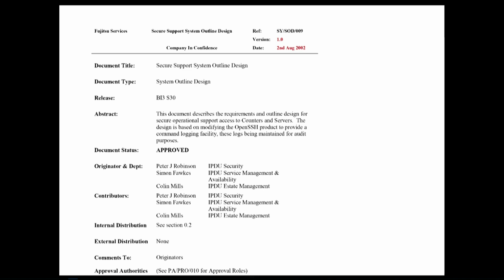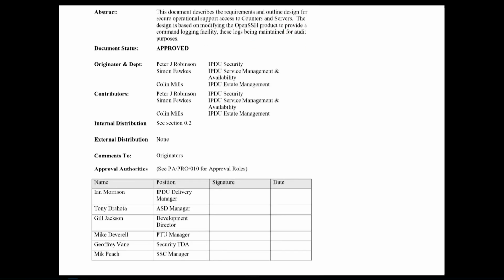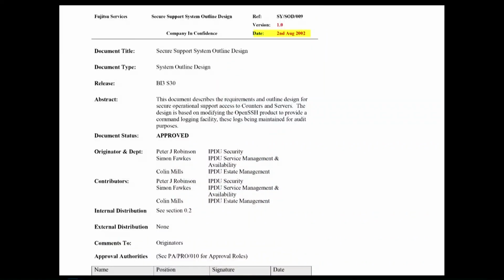Yes. And it's dated the 2nd of August 2002, so about 2 years into your tenure at the SSC. Yes. And at the foot of the page, you can see that one of the approval authorities is Mick Peach. Yes. But you're not on either the distribution, the approval, or the reviewer list. Okay. Was this the kind of document that would be filtered down to you? Just go back to the top. So you can see. Yeah, I have no recollection that I ever saw it.